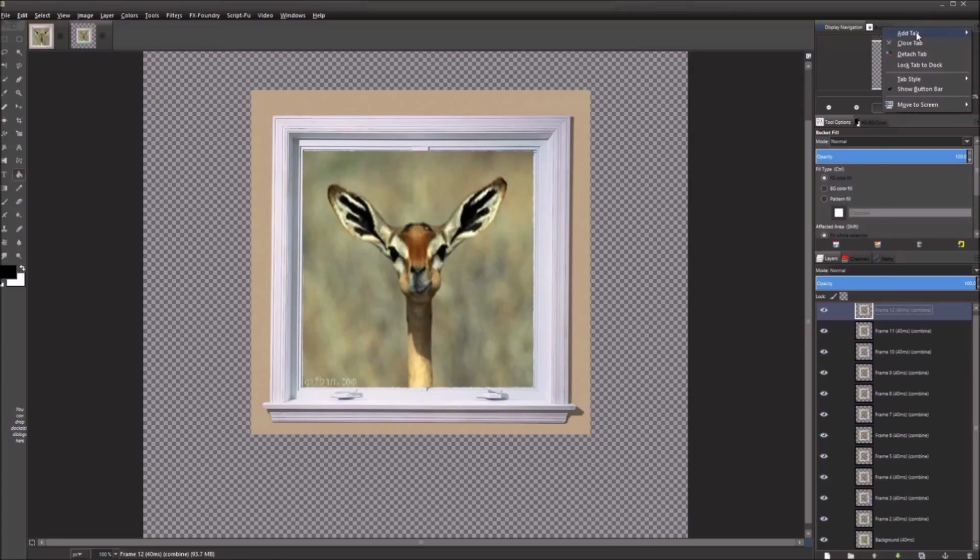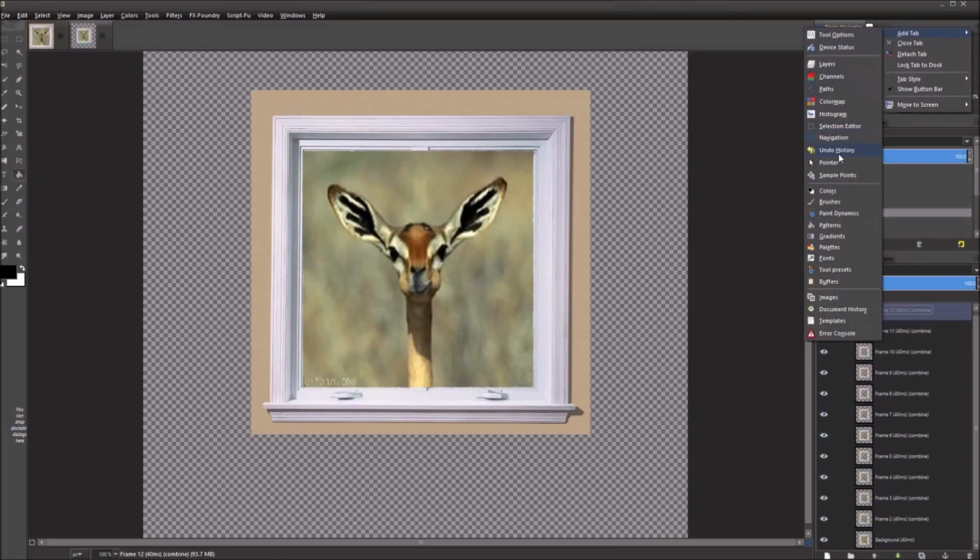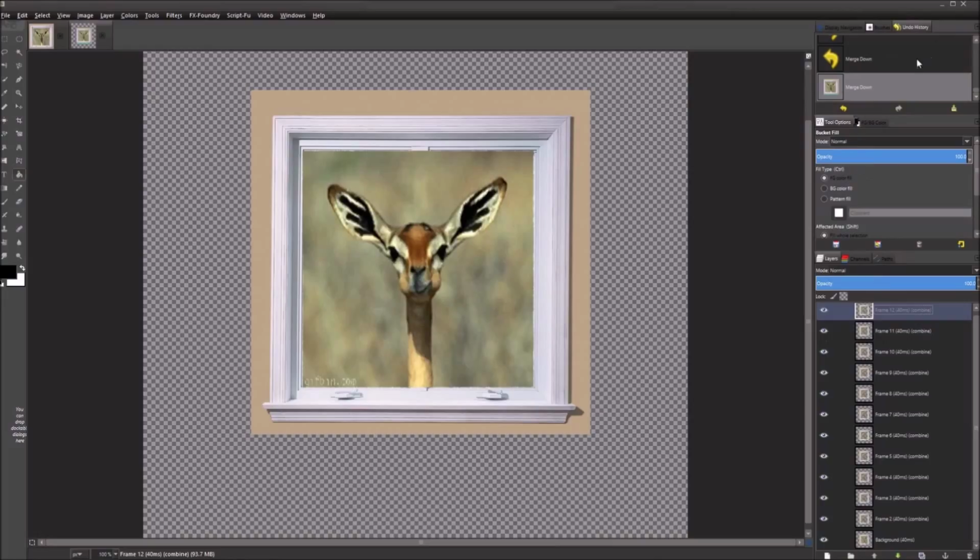of your panels and right click and choose Add Tab, and then click on Undo History, and then just go all the way up to the rename layer or whatever, your last layer. You will undo all these merge downs, and then you'll want to look through your layer stack and see what happened to that image. And see, sometimes maybe you just might have not added enough copies of the window layer